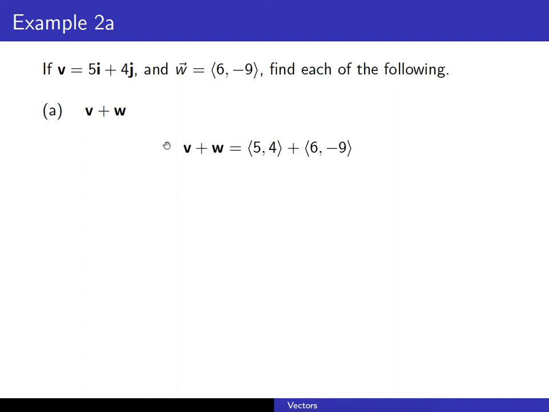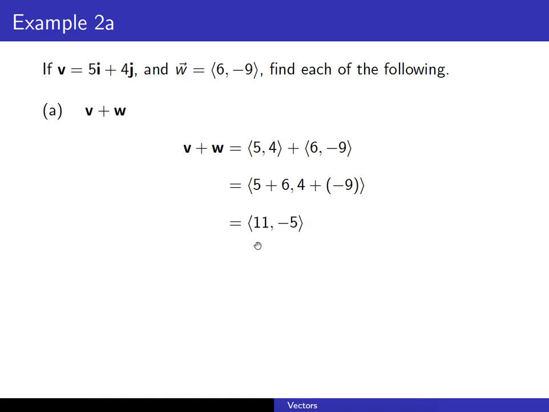So vector v plus vector w, here I'm doing this one in component form. So 5, 4 plus 6, negative 9. We're going to add the horizontal components and then add the vertical components. So 5 plus 6 for the horizontal, 4 plus negative 9 for the vertical, and we get 11, negative 5